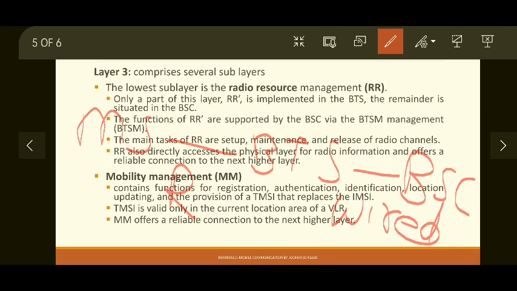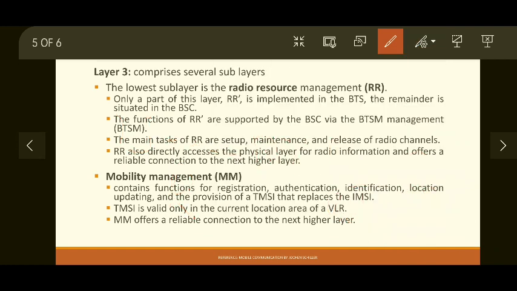That's why only part of the RR is implemented in the BTS, and the remaining part is implemented for the wired connection, which is not RR. So the functions of RR' are supported by BSC via the BTS management layer. Okay, because towards the BSC the connection will be a wired one. So whatever functions RR' is implementing, those are adapted for the wired connection via the BTS management layer.